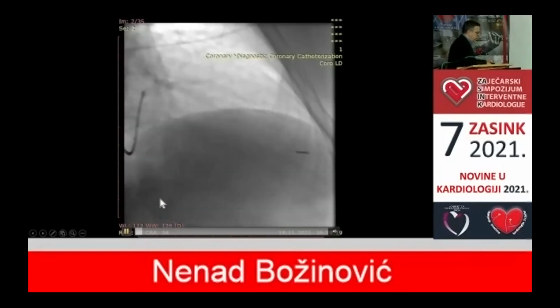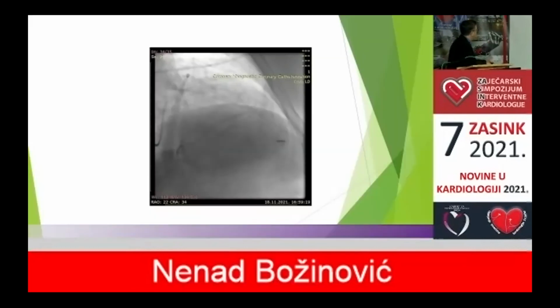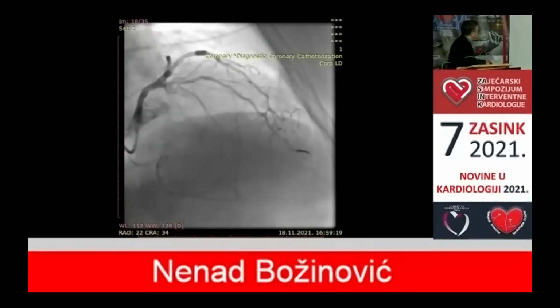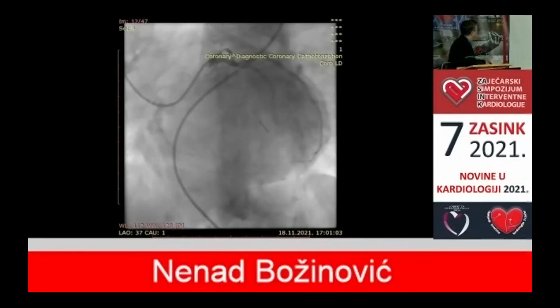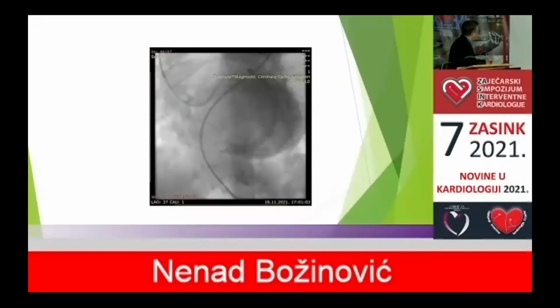This is another case, a right coronary occlusion, just the stump of the right coronary we can see on this film, and there is a good collateral here, but very tortuous, and I couldn't cross this collateral. You can see also another one. This is an epicardial collateral, and if we start everything with septal surfing,